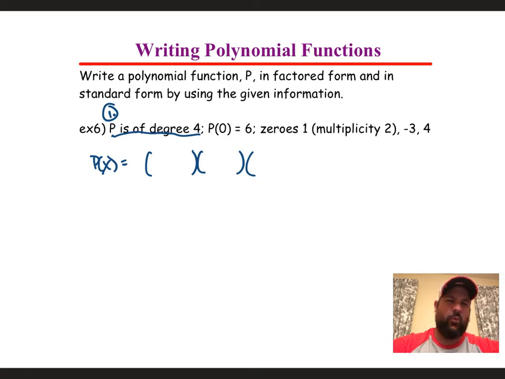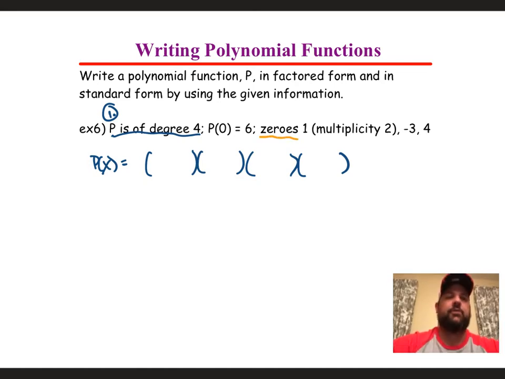And you might be saying, well, why are we always breaking it up into binomials? Because when we factor, we always want to factor down into linear binomials, in which case we couldn't break anything apart anymore. So that's always going to be our purest factored form if we can get down to these binomials. The second step is now to skip over the p of 0 for a second and look at